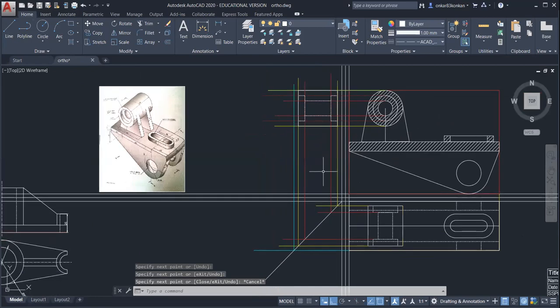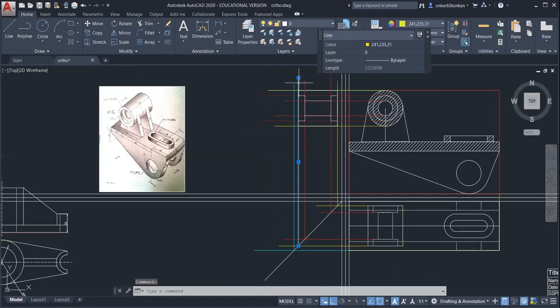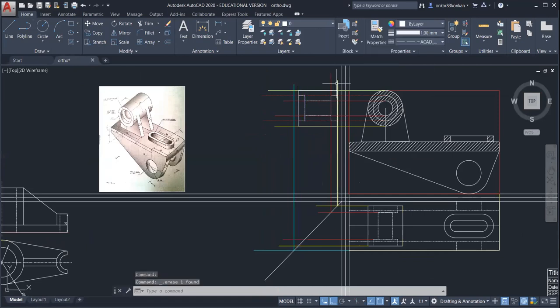So now we can remove the projection lines. So you can observe the side view for that cylindrical part. Okay, so this is the side view of this cylinder.